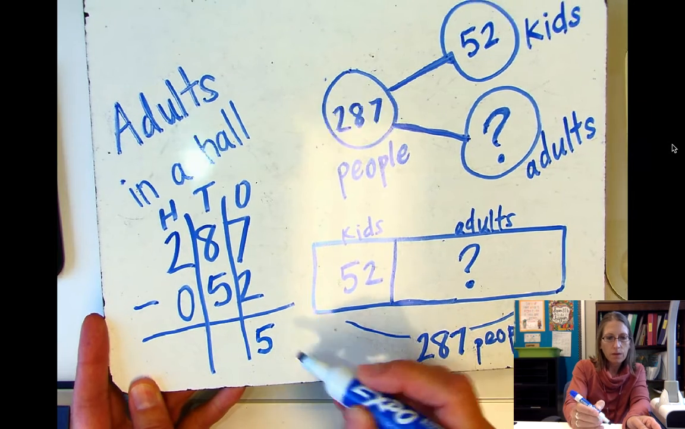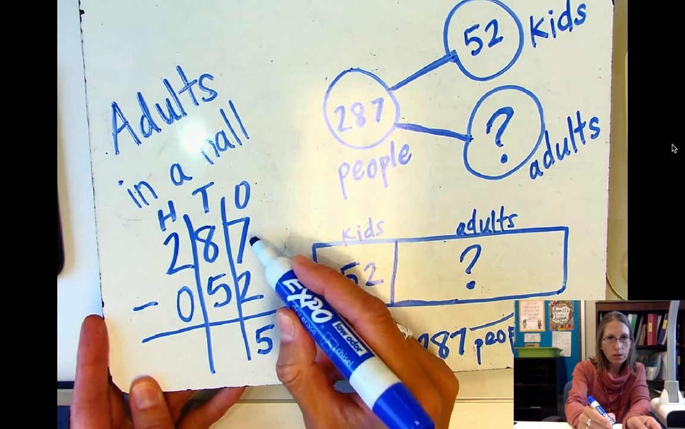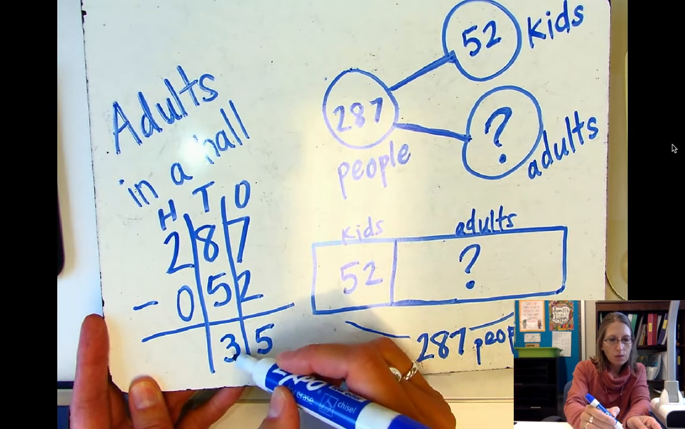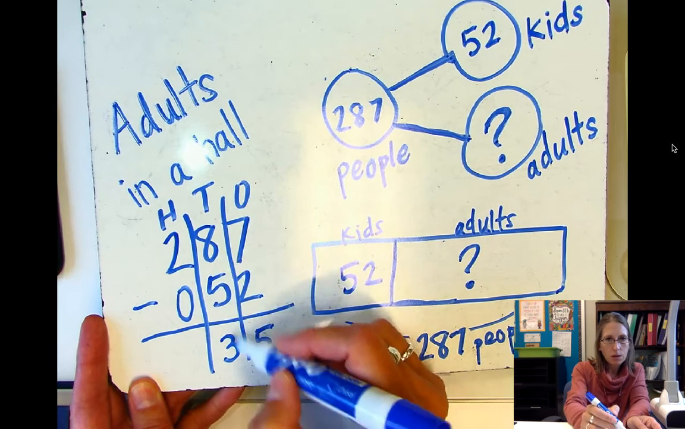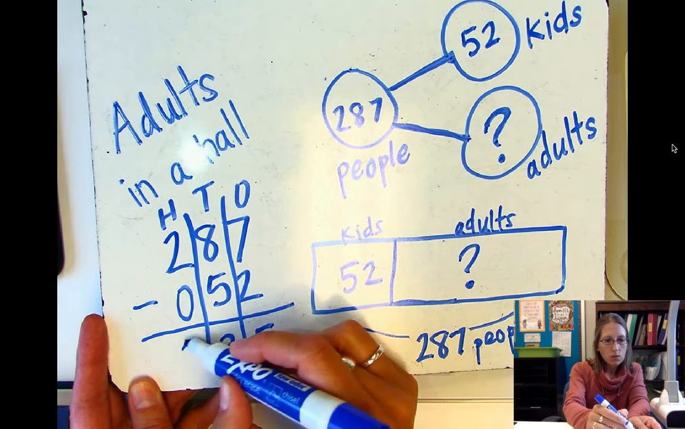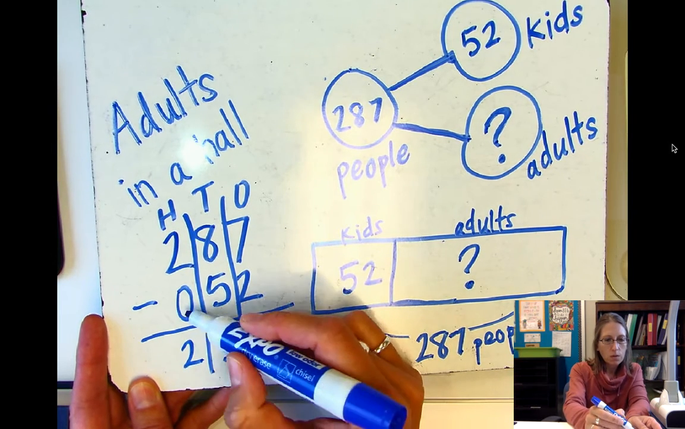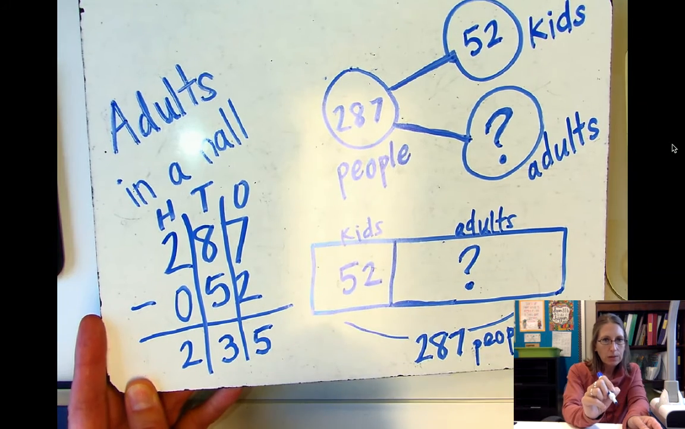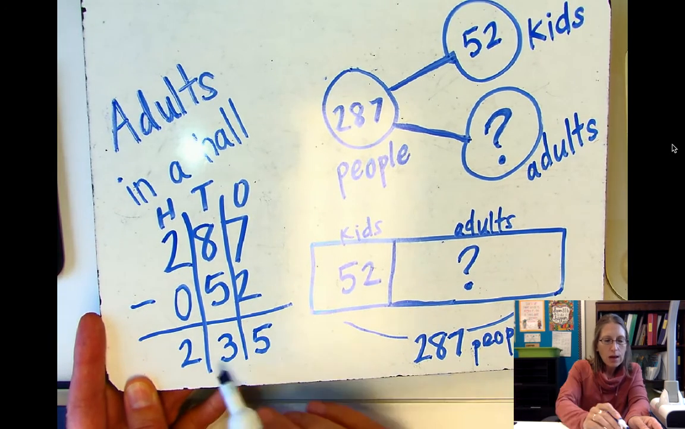Let me see, is that right? Because 5 plus 2 makes 7. Yep. 8 minus 5 is 3, because 3 plus 5 makes 8. And 2 minus 0 is 2, because 2 plus 0 is 2. So we can use the inverse operation, the opposite, to help us check our answer. Then we get our answer,